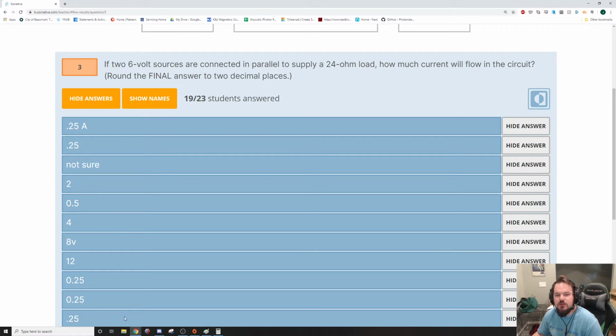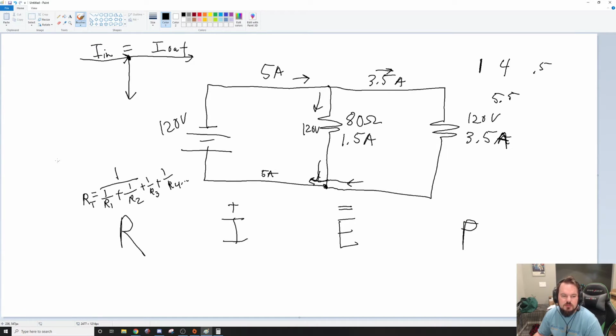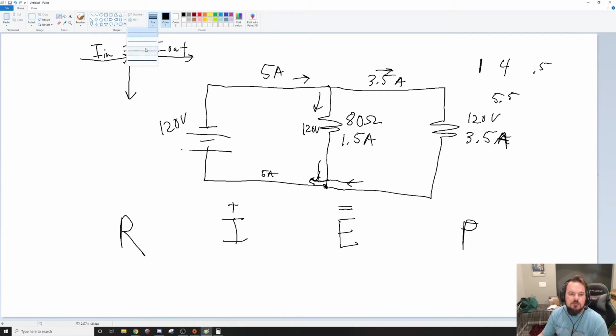Alright, 2 6-volt sources are connected to supply a 24 ohm load. How much current will flow in the circuit? So, voltage in parallel stays the same. So if you had 6 volts and then you added another battery in parallel,